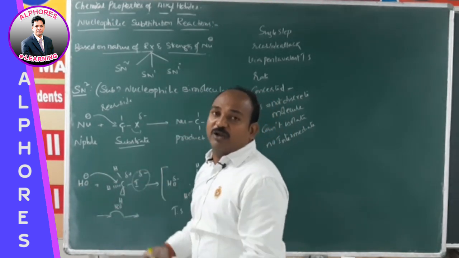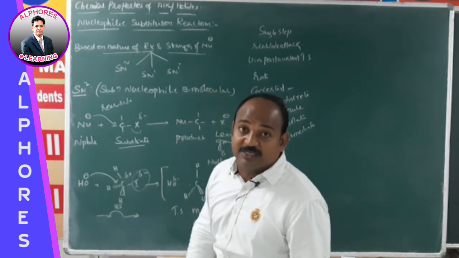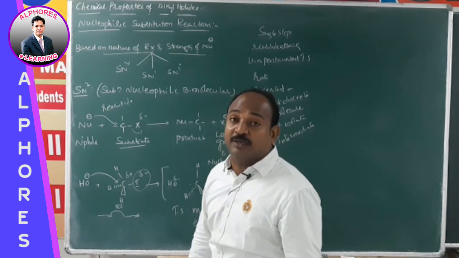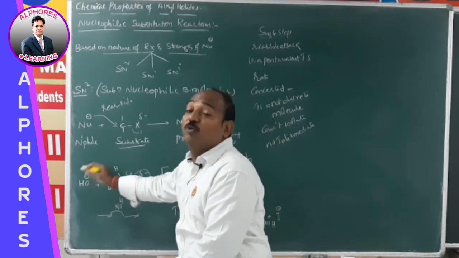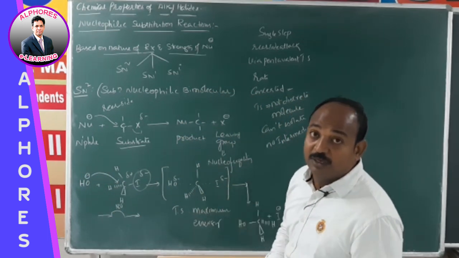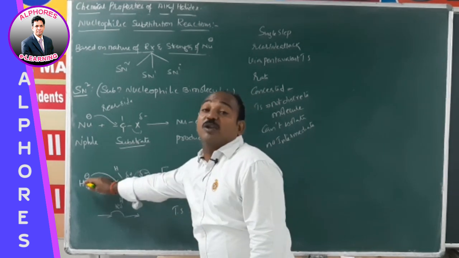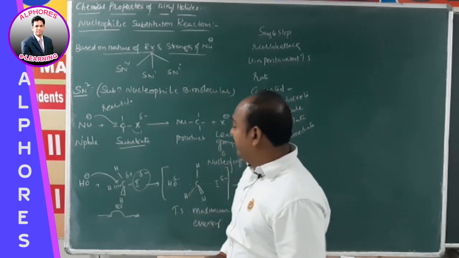When both are electron rich, obviously maximum repulsion exists between these two. To minimize that repulsion, these two groups, the departing group or leaving group and the attacking group or nucleophile, both maintain maximum distance. That's why the angle in general we say is 180. Now one more point here.